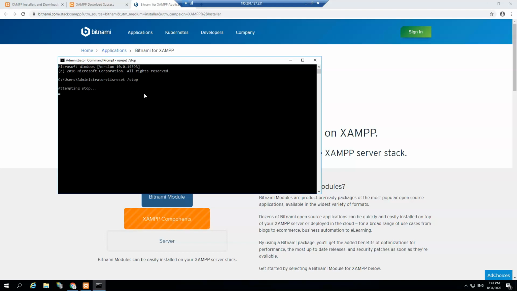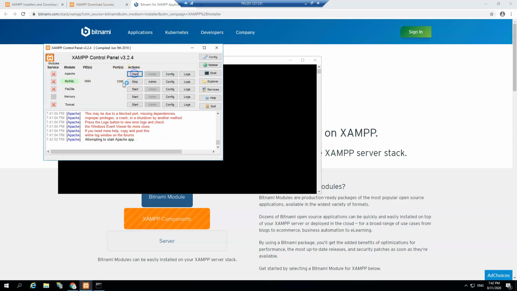That will stop IIS, and so the port number which IIS uses will become free, and so we can start Apache. Because it has stopped, if we start Apache again, and now there you go, we are able to start it. So then after we start,